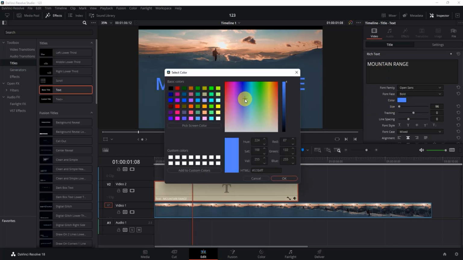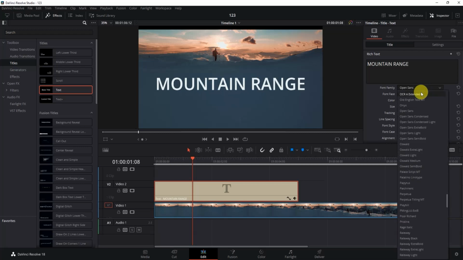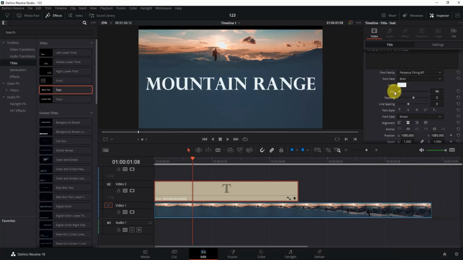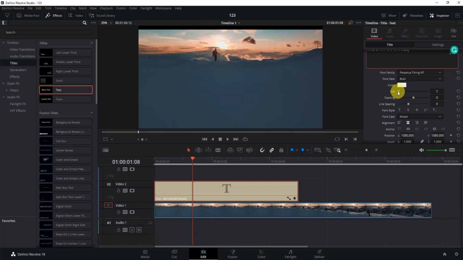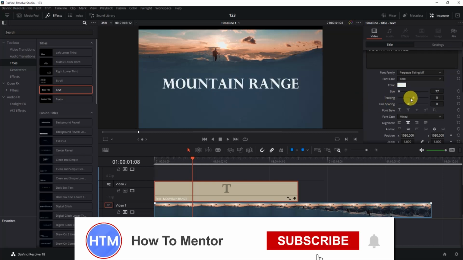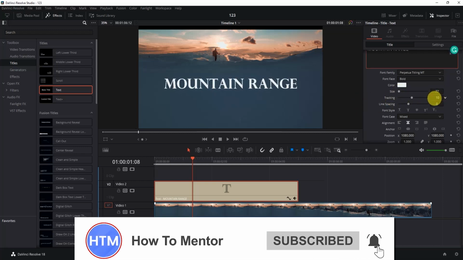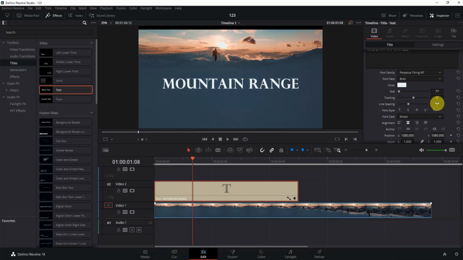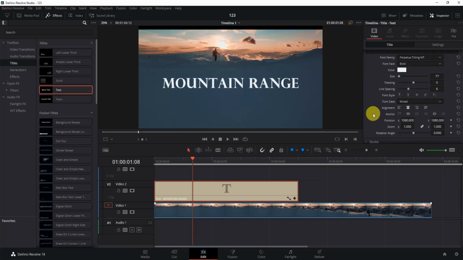Let's say for example, let's go with white. So then you can use any font of your liking over here. And down below you can also edit the size. Then down below you can also change the tracking and line spacing if there is, the font style, font case,